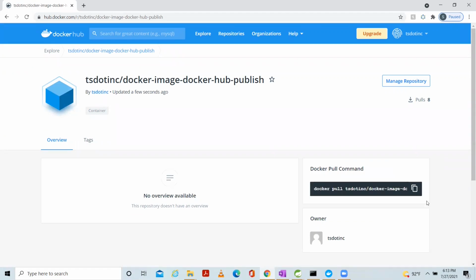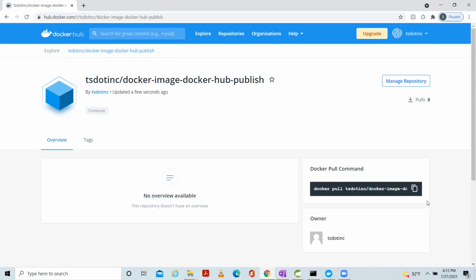This is how we can publish the image to Docker Hub using Maven plugin. Actually, it is not preferable to upload Docker images to Docker Hub or any of the registry using your local environment. It is always best practice to use the CI/CD pipeline or any of the tools.